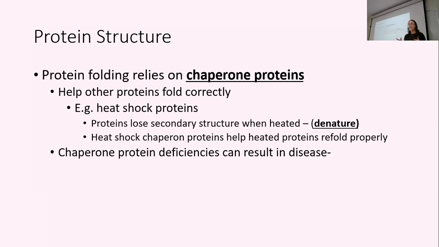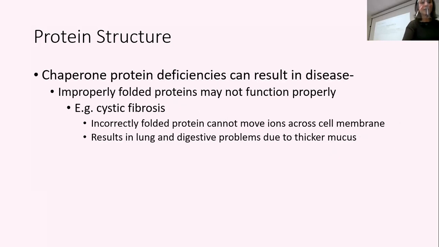And so deficiencies in these chaperone proteins can result in disease, right? Which makes sense. You've got proteins that must be the right shape to do things. And so if you have some deficiency in your chaperone proteins, then you might have proteins that don't take the form they're supposed to, don't serve their purpose they're supposed to. For example,